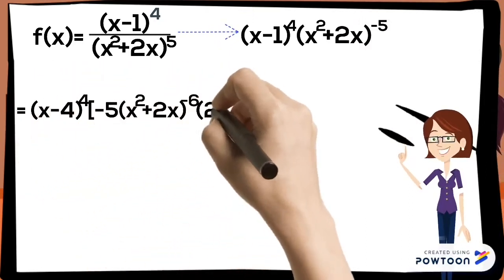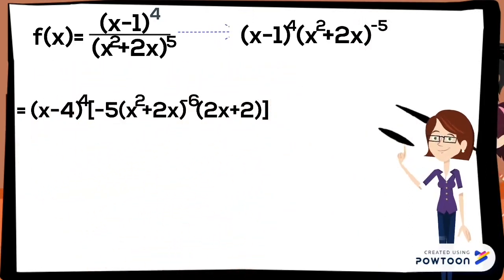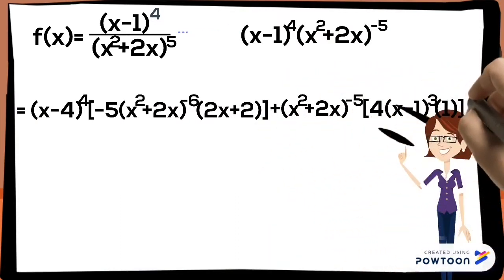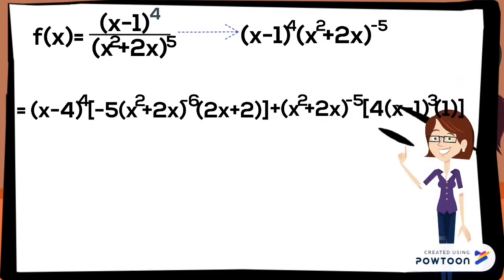f(x) will be the first term, (x - 1)^4, and g(x) will be the second term, (x^2 + 2x)^-5. Then apply the formula for the product rule. Copy the first term, (x - 1)^4, and multiply it to the derivative of the second term,